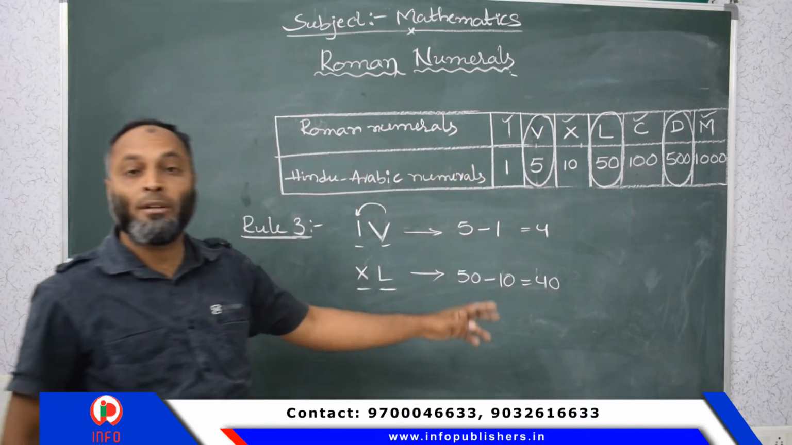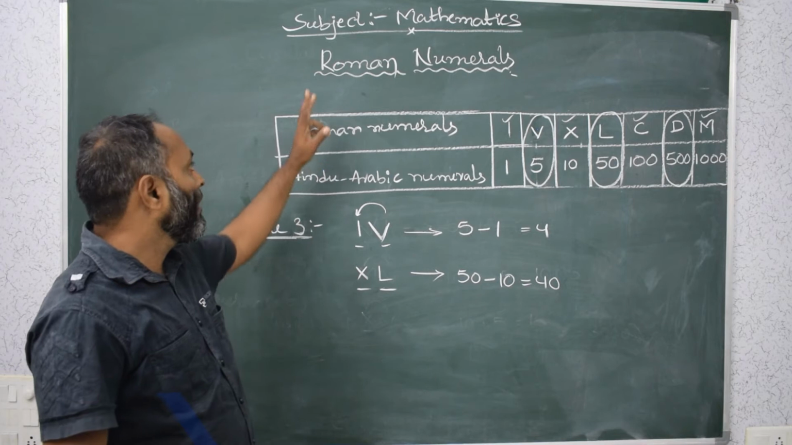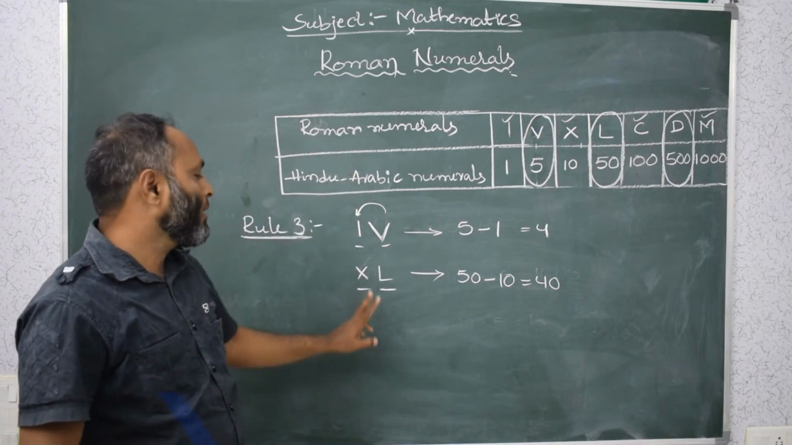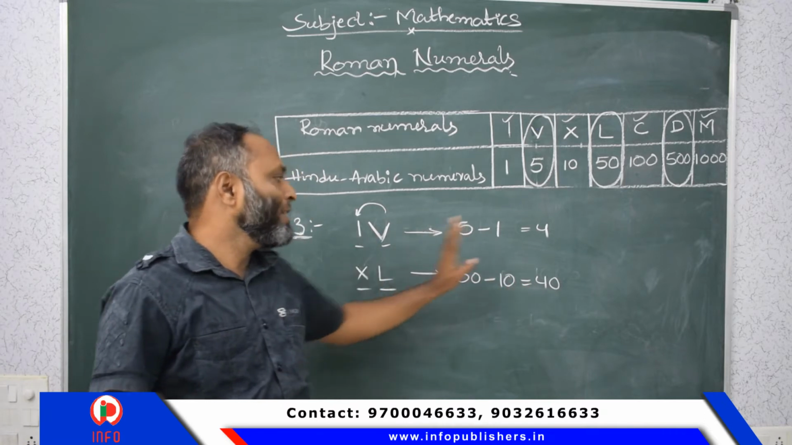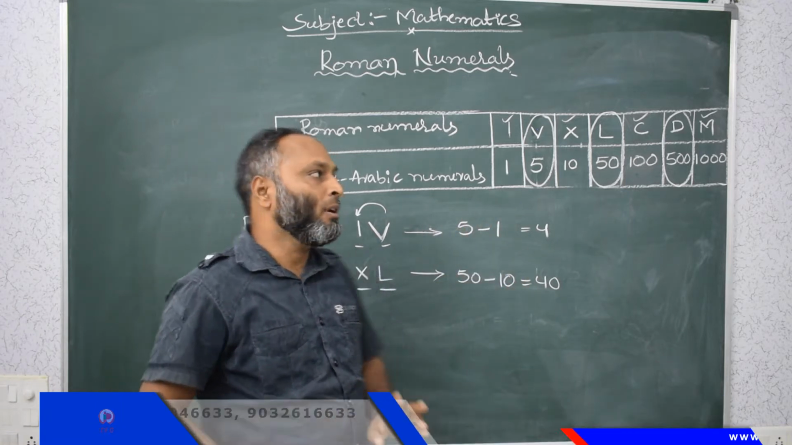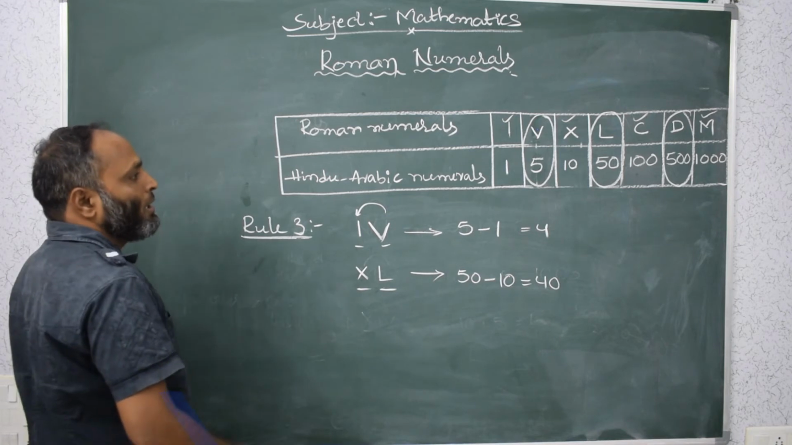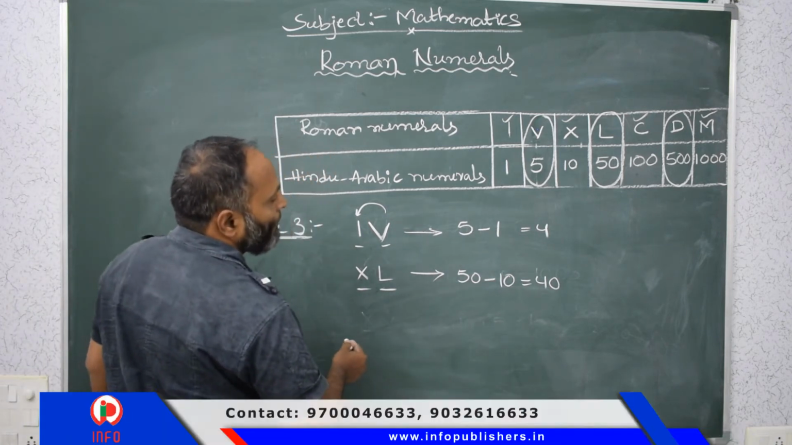This is the representation of 40 in Roman numerals, that is XL. XL means 40, IV means 4. So this is the third rule. One more example I have to discuss,